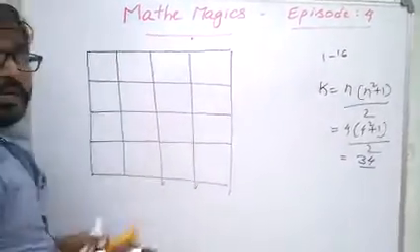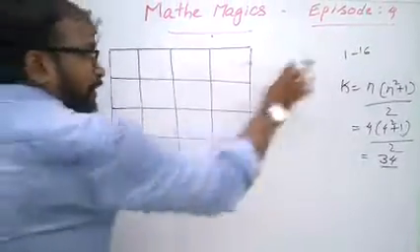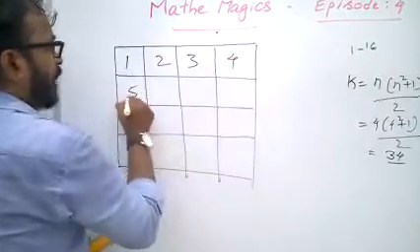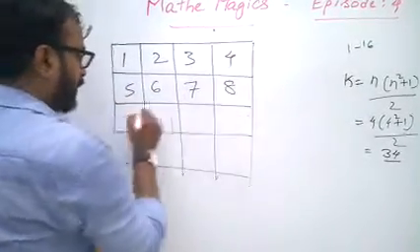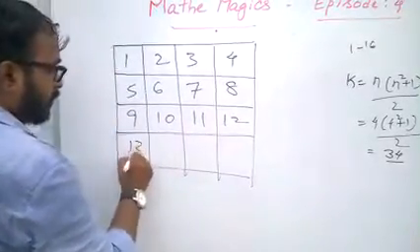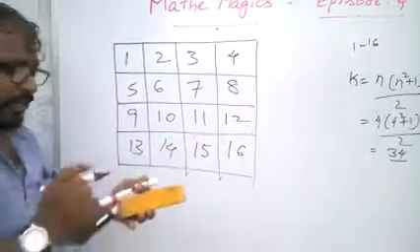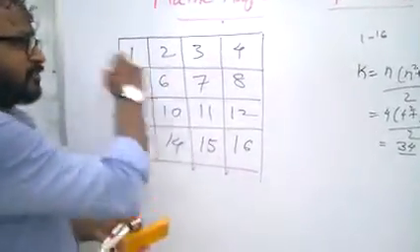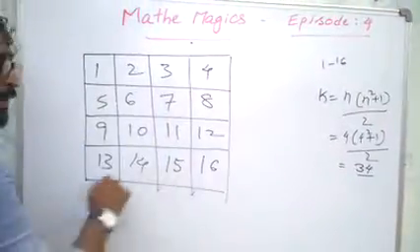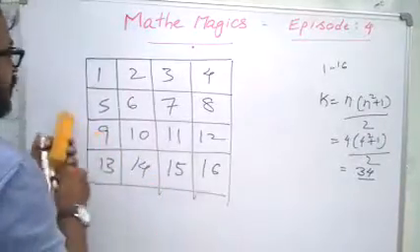See, first fill all the numbers in ascending order, all available 16 numbers in ascending order, 1, 2, 3, 4, 5, 6, 7, 8, 9, 10, 11, 12, 13, 14, 15, 16. And here we have to interchange two diagonals, main diagonals, in the bigger, larger square as well as this smaller square. So first interchange these diagonals.